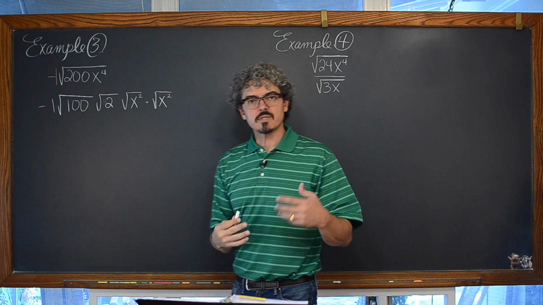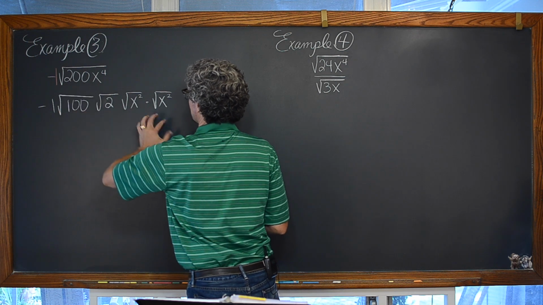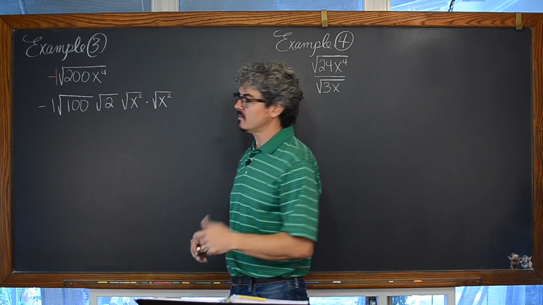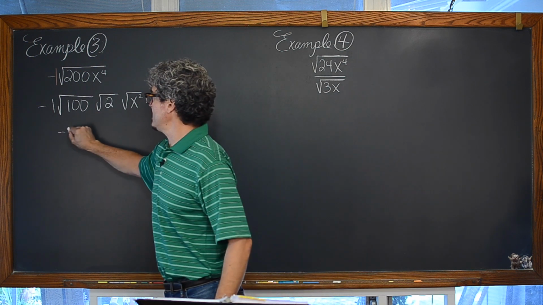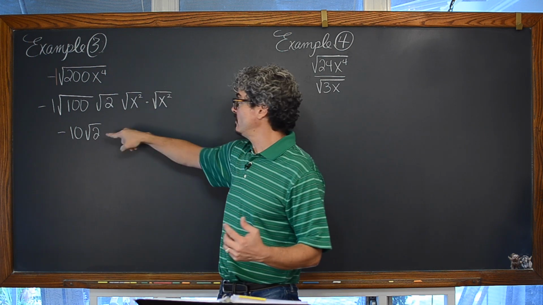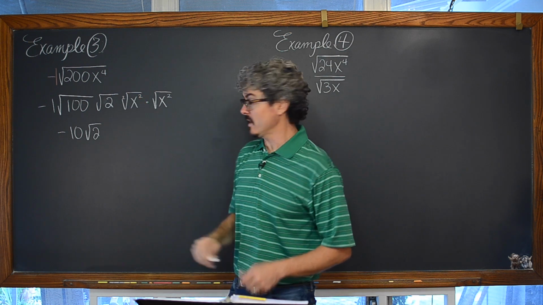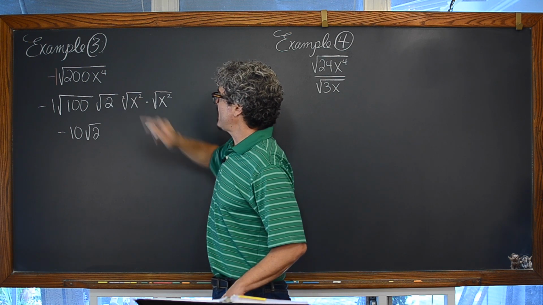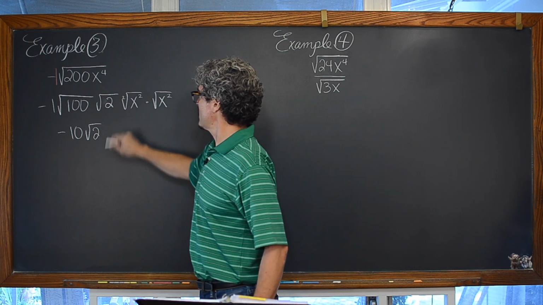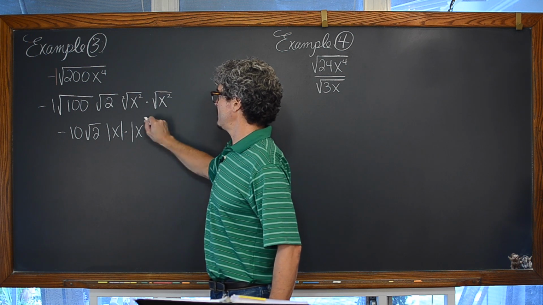We're again using the multiplication property of square roots, basically undoing the multiplication, factoring. Now, the square root of 100 is, of course, 10. So we have -10 times the square root of 2. We have this power of 2 and the square root, or second root, of x squared. When that index and that power are both equal to 2, remember this acts as an absolute value function, so the square root of x squared is equal to the absolute value of x. And again, we have another times the absolute value of x.